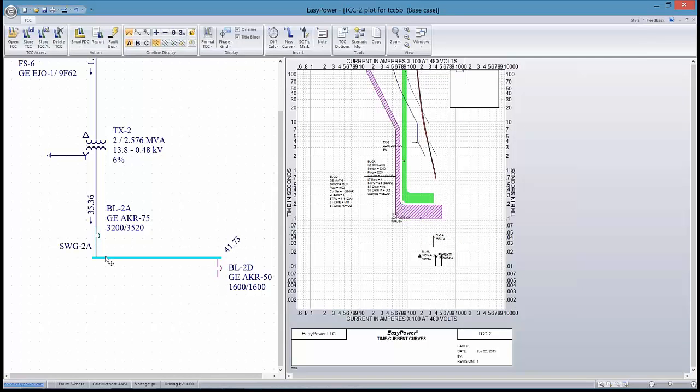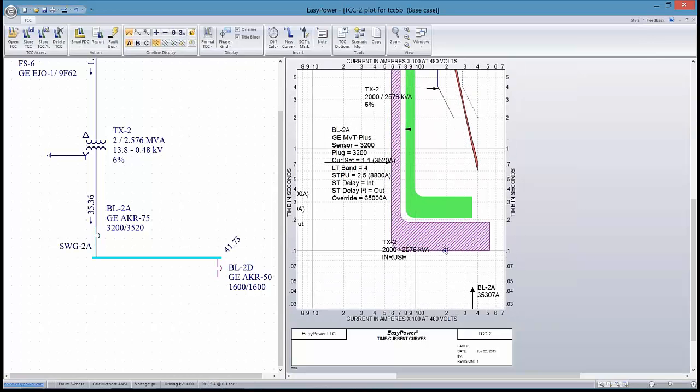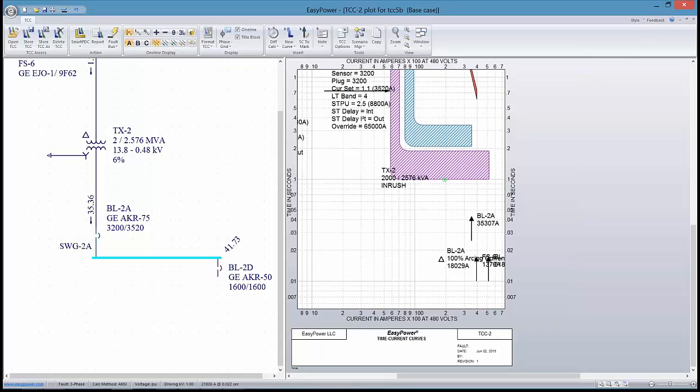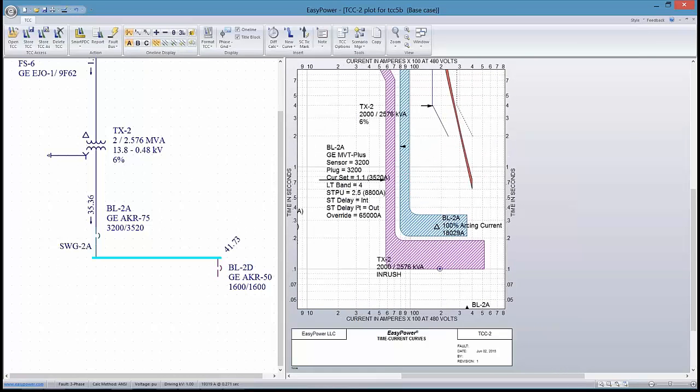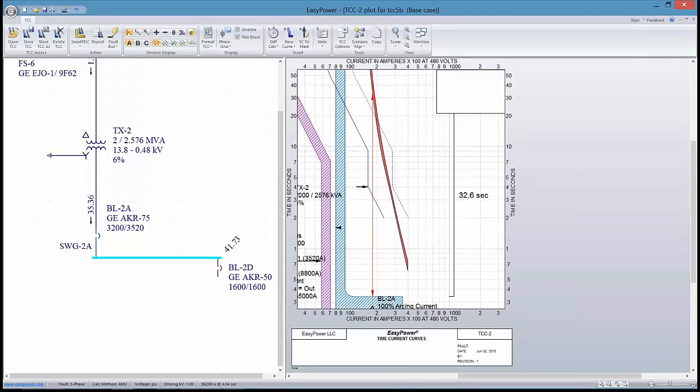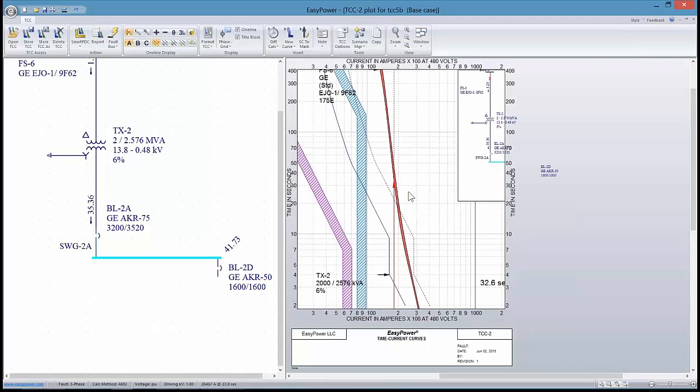So again, we faulted this bus, and now we're looking upstream, which is the breaker I have in green now. And here's my arc current for that bus. Where's my separation between the next device? So I hold down shift, select both curves, and at the fault current we have a separation of 32 seconds. Okay, that brings up the question about whether or not this